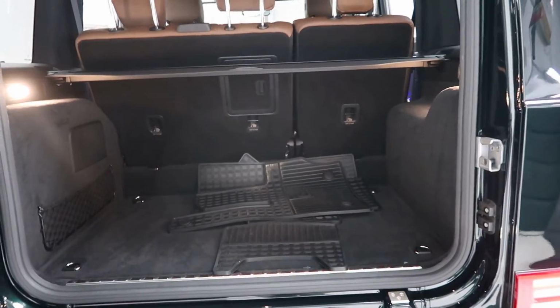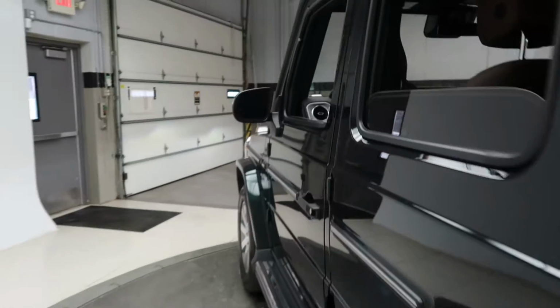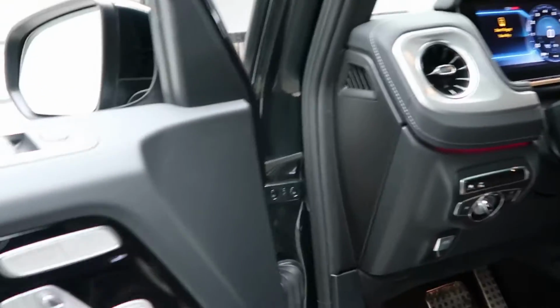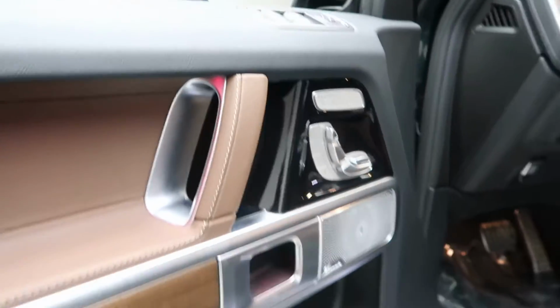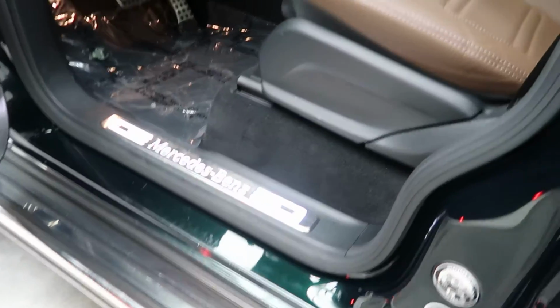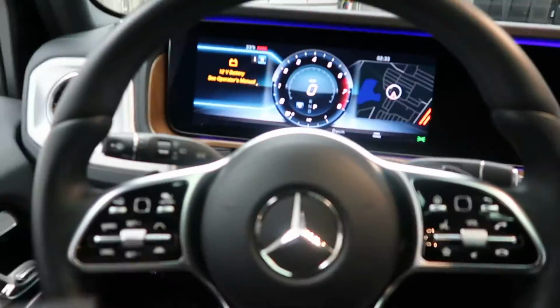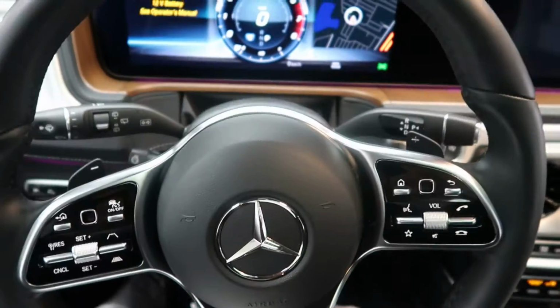A clean set of all-season floor mats, fold-down rear seats, cargo cover, trailer hitch, blind spot assist, Burmeister sound system, heated and cooled seats, illuminated door sill, heated steering wheel, smartphone integration with Android Auto and Apple CarPlay, touchpad steering wheel controls, paddle shifters